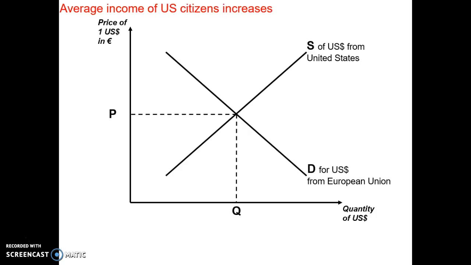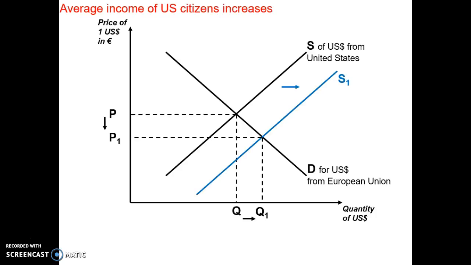So we know that's going to affect the supply of the US dollar. And if average income goes up, then we expect Americans to increase their economic activity. So we have to shift the supply curve because we're talking about US citizens and US dollars, and we see that they're increasing their habit. So that's going to lead to a shift to the right. So sure enough, when we shift supply to the right, we can just call it S1. We don't have to relabel it. We see that there's a new price, a new equilibrium, that creates a P1 that is lower than P,